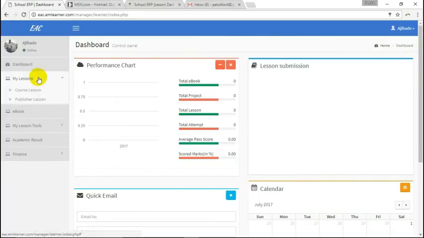Okay, within here is my lessons. Lessons are of two. Course lessons are lessons that you, the teachers, are creating for the student. Publisher's lessons are lessons that he created yesterday. Once he inherited the ebooks, he automatically inherits the lesson. Do you understand? And so the lessons will be online there. And then the ebooks are below. So if you want to read the ebook, it will be below.